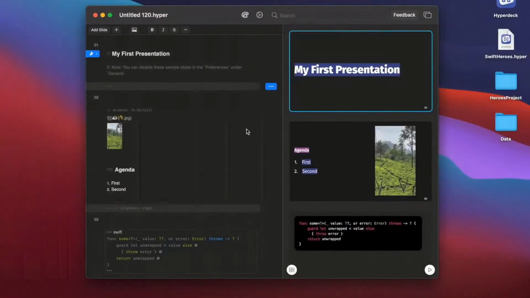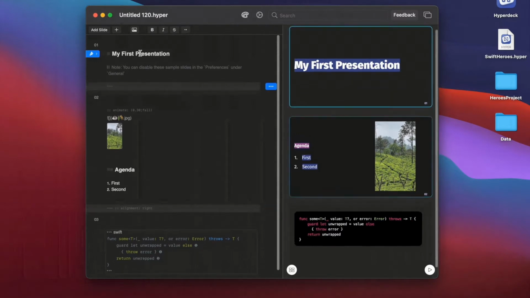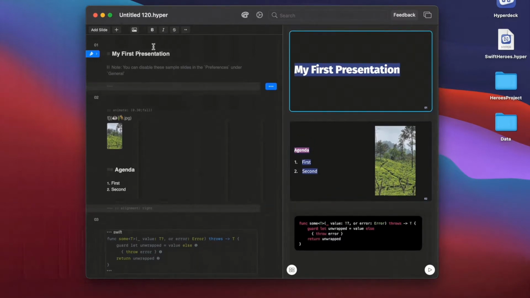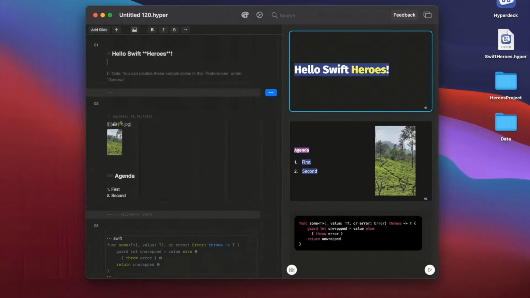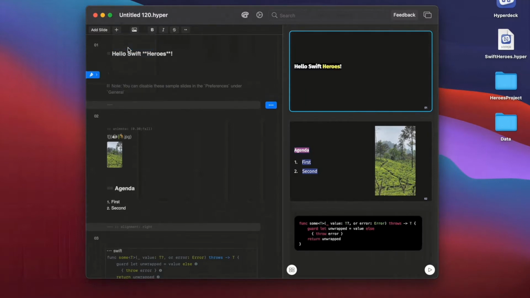Now, this is Hyperdeck, and it's basically a Mac app that is also obviously an iPad app, where you write presentations in Markdown. So here it says my first presentation, and I can go there and I can change the contents. And I can obviously bold things. I can add additional content, like for example, I can hit the plus button here and add, let's say, a quote that says,